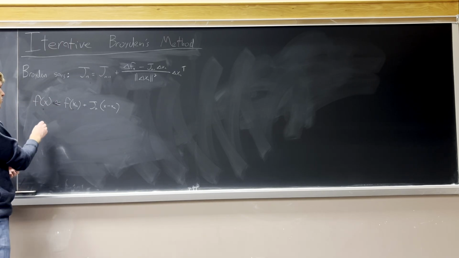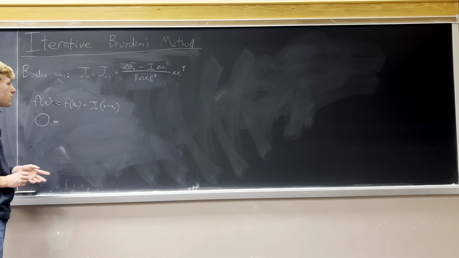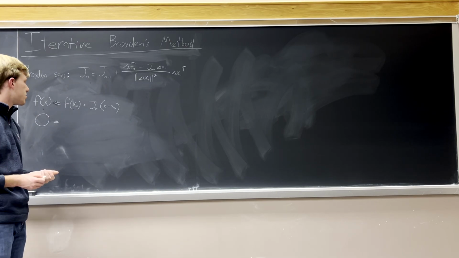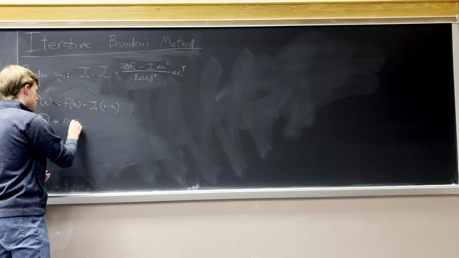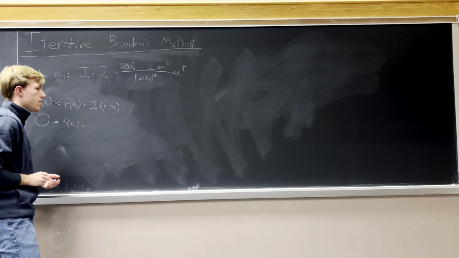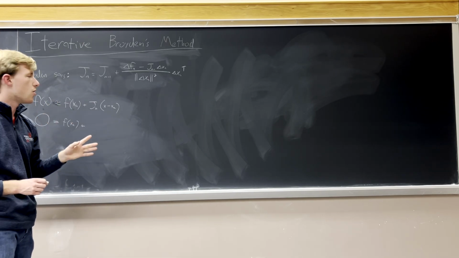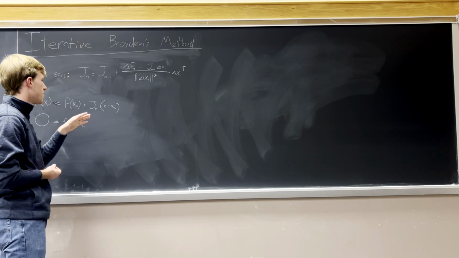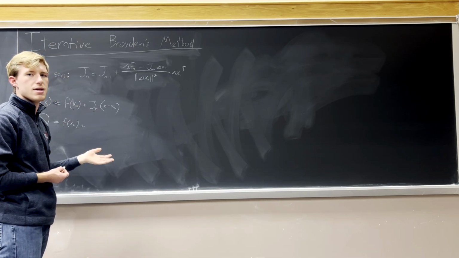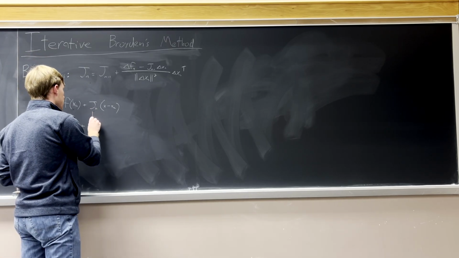So since we're looking for the root, obviously the point we're looking for is going to be 0, and we want that to be equal to this side of the equation. So we're starting again from our known point, f of x known, and we're going to add to it our Jacobian times the change in our points. However, we don't actually know our true Jacobian. That's the whole point of using this iterative refinement, is that computing this straight out can be fairly expensive for large and complicated functions. So instead, we're going to approximate it,